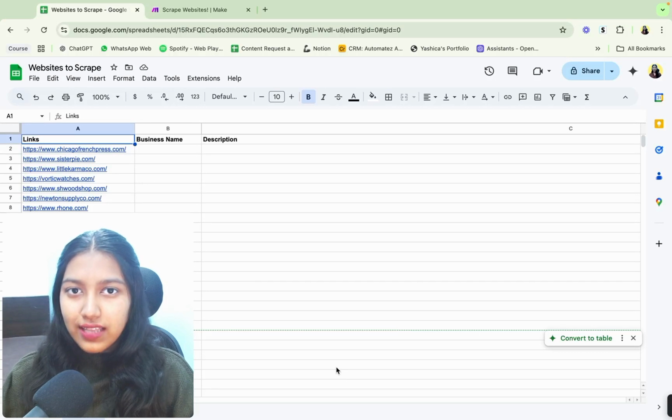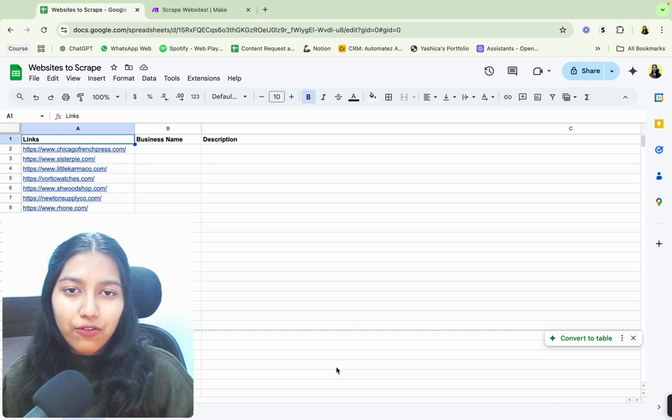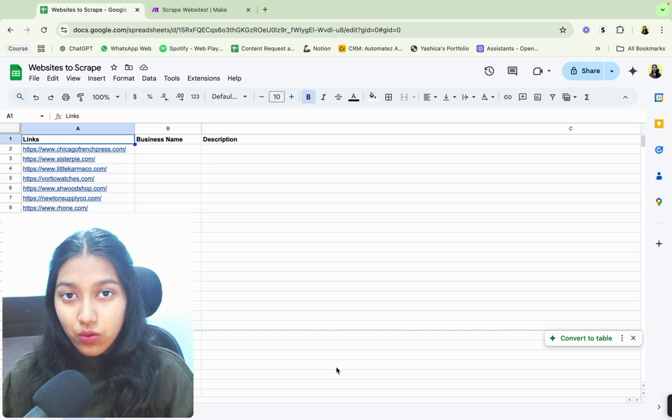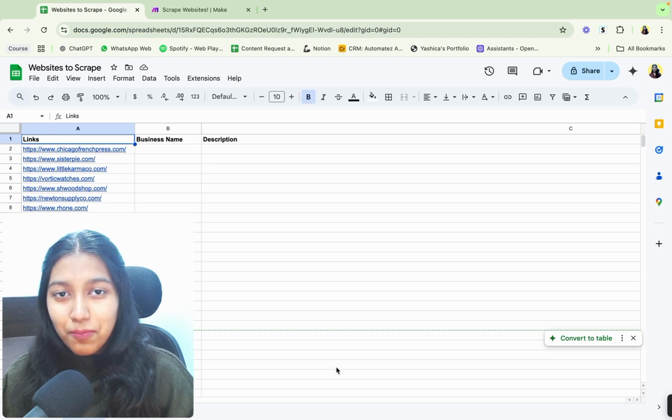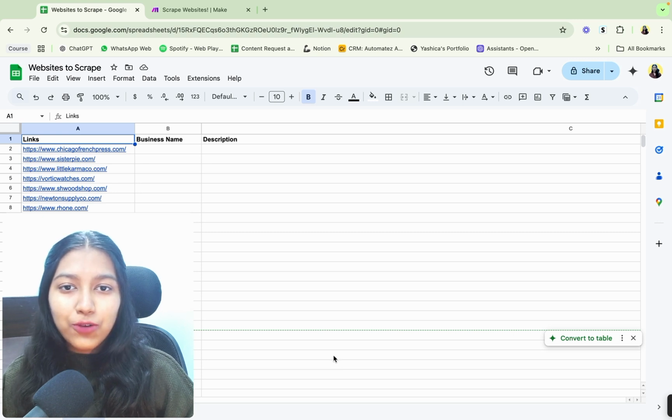Just imagine that you are living in 2018 and you've got a list of websites, okay? And then your job is to extract some data from those websites and put it into a Google Sheet. And if you have hundreds of websites on your sheet, then it would take you hours and hours of work. And obviously, if you're not a programmer, you cannot code it out to do it for you. But thankfully, you're living in 2024, and now all of this process can be automated in less than a few